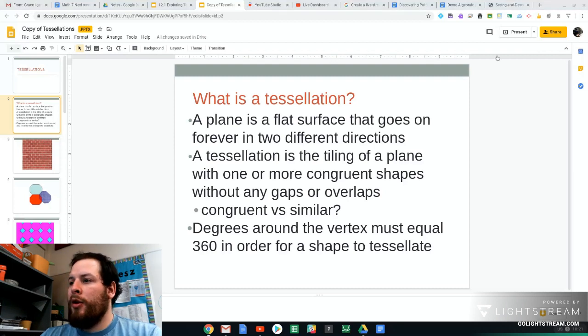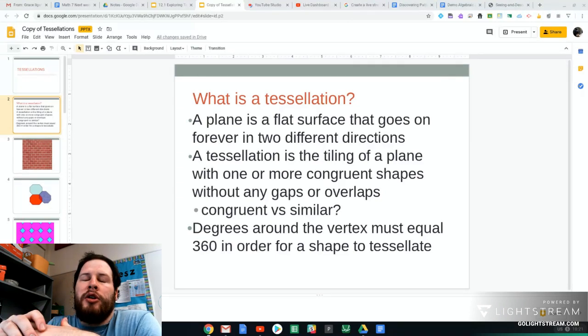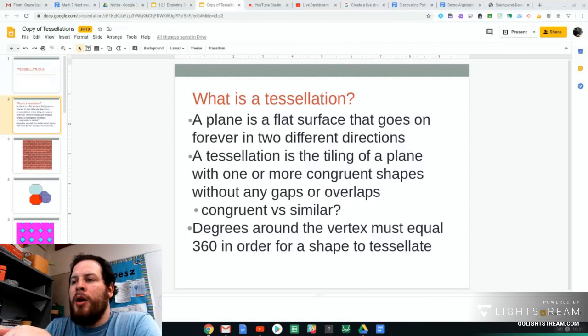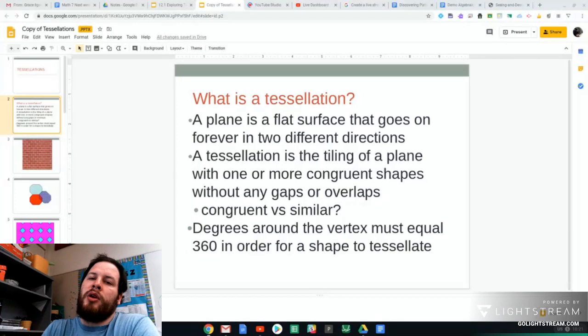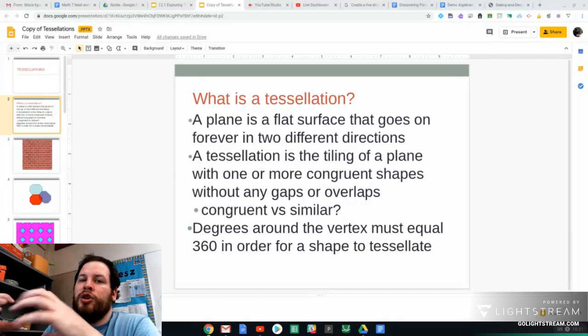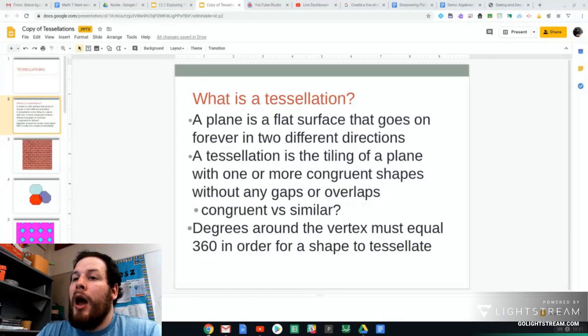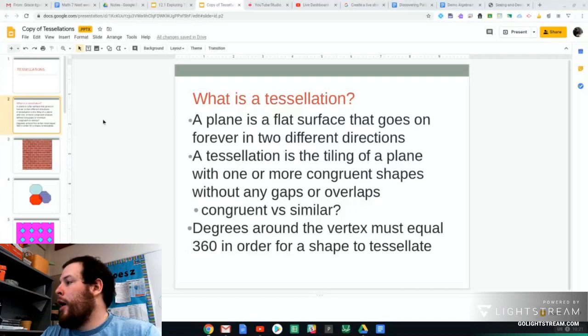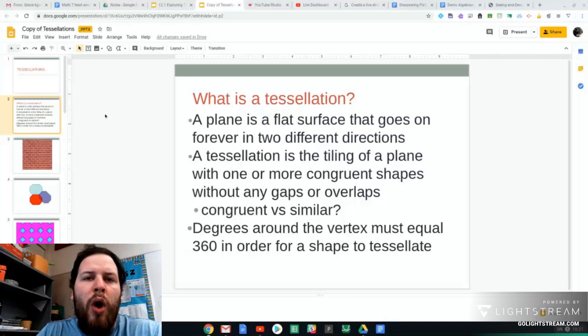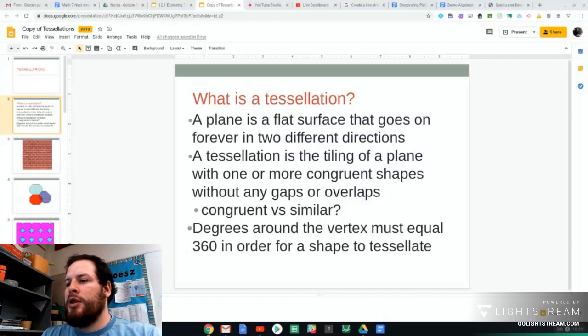Now, what we want is no gaps and no overlaps, and all the shapes are congruent, meaning all the shapes are equal. Congruent means that they're the same size, same shape. Where similar, it could be the same shape, but the size changes. Congruent because the shapes are identical, covering the plane entirely. So if you look at a brick wall, your flooring tiles, those are all examples of